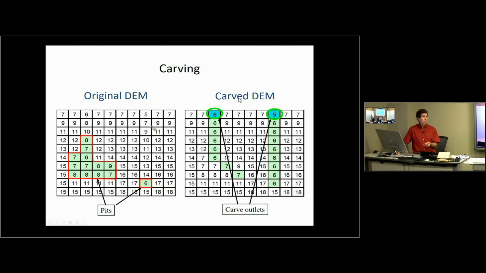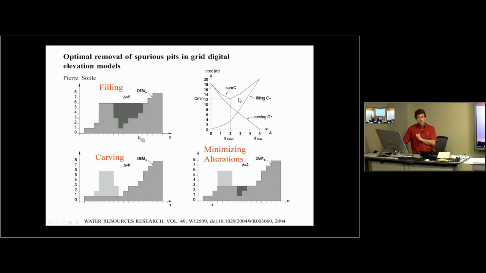So that's one option. So now that sort of begs the question, which is better? Should I be carving to remove these pits which we think are artifacts, or should we be filling? And maybe we think that in this one here, filling is less obtrusive, less changing of our original data, but here perhaps carving is. So there was an idea expressed in this paper in Water Resources Research in 2004 by